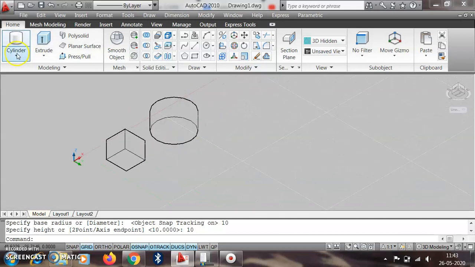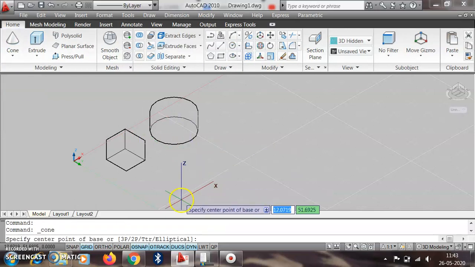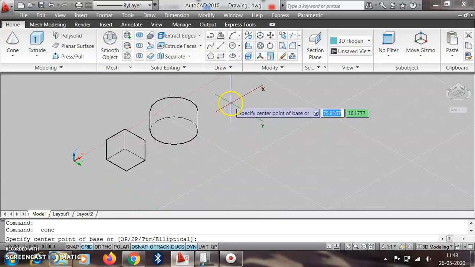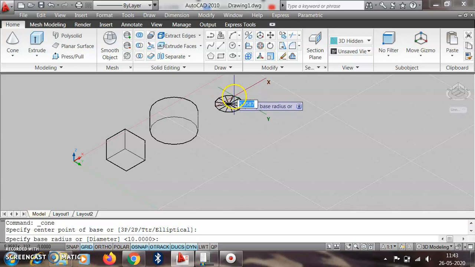Then the third one, suppose we want the cone. We click on the cone, and then it again asks where the first point of the object is. So we click here, then it asks the base diameter of the cone.